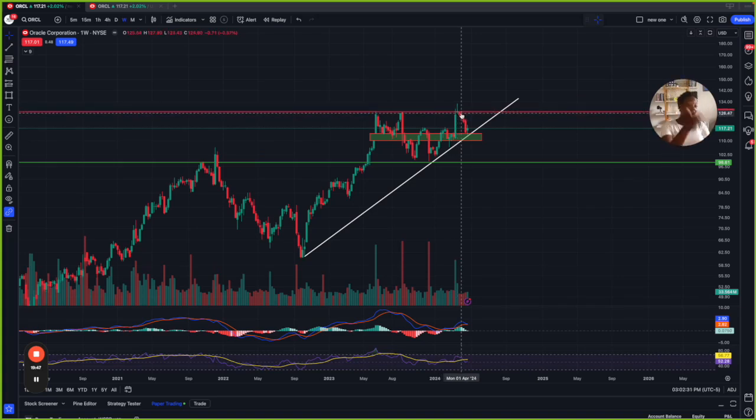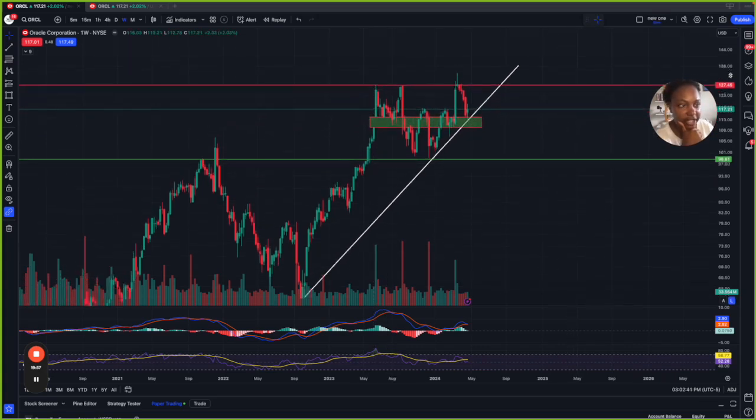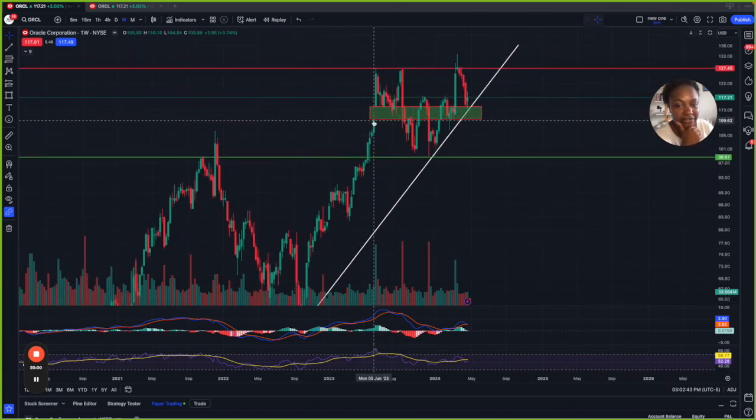But like I said, the volume as price pulled back is lower. And then look how it came and it held. So what I marked off here, that y'all see here, is the gap that was created in June 2023, June of last year. So I marked this gap off, and look how price has just respected it all these weeks, held it as support. They even tried to break it below this gap, but it bounced back and closed right on it, right? We got a break and retest above it. It failed to do it.